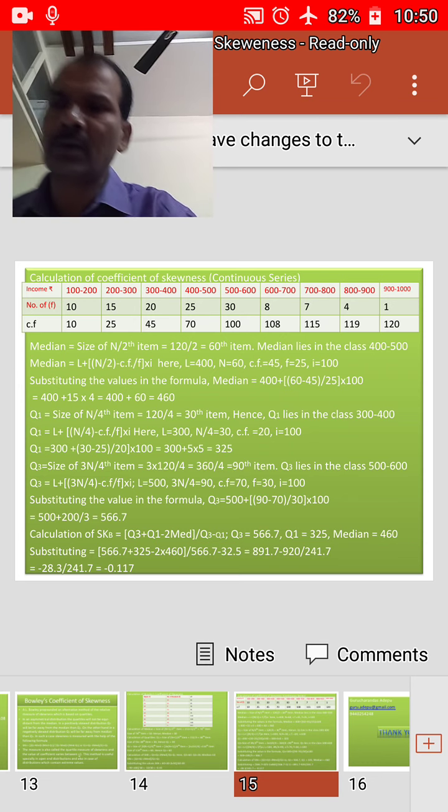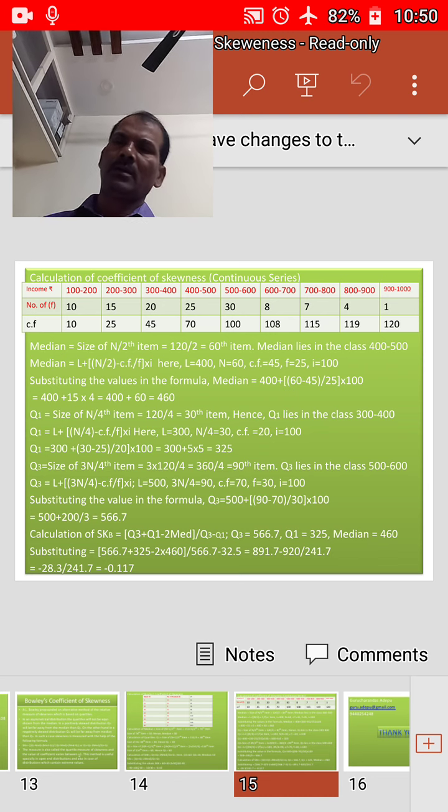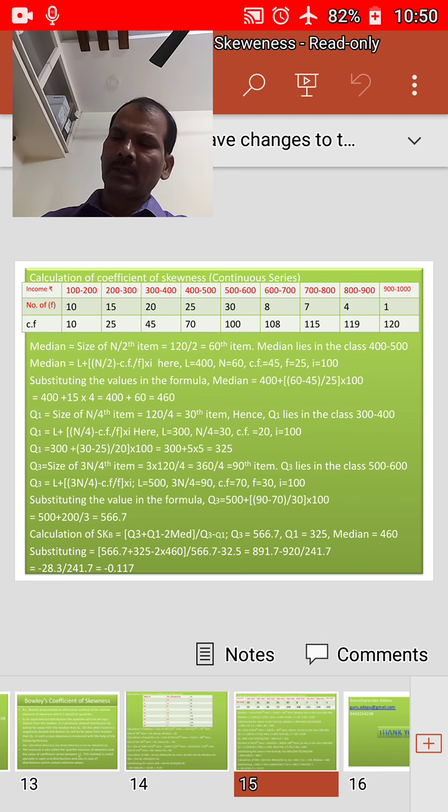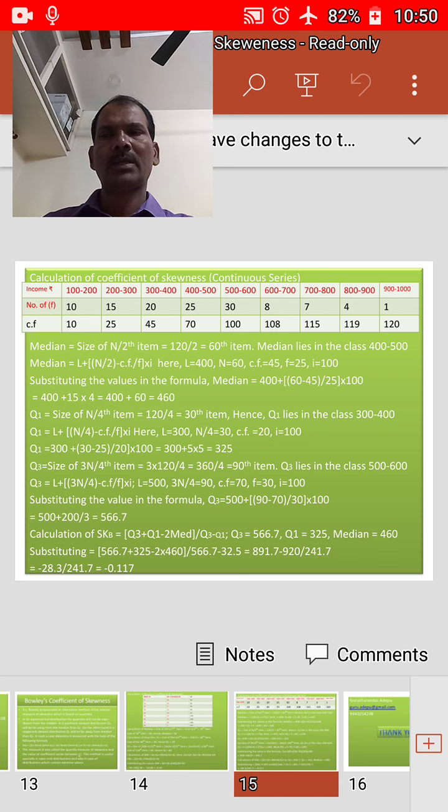Based on this, as we know, in order to find the size of the median for a continuous series, it is the n by 2th item, that is 120 by 2, 60th item. The 60th item lies in 70 of the cumulative frequency, hence the corresponding class 400 to 500 will be the median class. The median is equal to L plus (n by 2 minus Cf) by f into I,